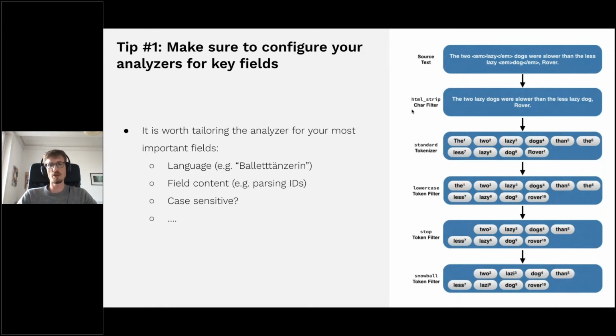So here it's something you may want to customize if you have data in different languages, or maybe multiple languages in one field. So German is a tricky example with composed words. So you may want to add a step that will split a word like ballet dancer into two. Or you have IDs that could contain some special characters that will be removed at this step if you don't do anything. Or maybe sometimes you care about case sensitivity. So a lot of things that are really context dependent, but that's where you're going to do the work. It's through this analyzer.